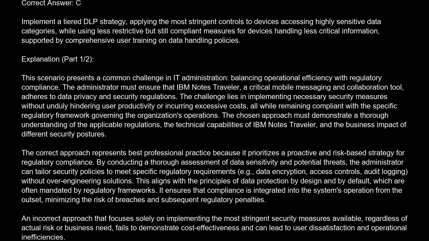The correct approach represents best professional practice because it prioritizes a proactive and risk-based strategy for regulatory compliance. By conducting a thorough assessment of data sensitivity and potential threats, the administrator can tailor security policies to meet specific regulatory requirements, e.g., data encryption, access controls, audit logging, without over-engineering solutions. This aligns with the principles of data protection by design and by default, which are often mandated by regulatory frameworks. It ensures that compliance is integrated into the system's operation from the outset, minimizing the risk of breaches and subsequent